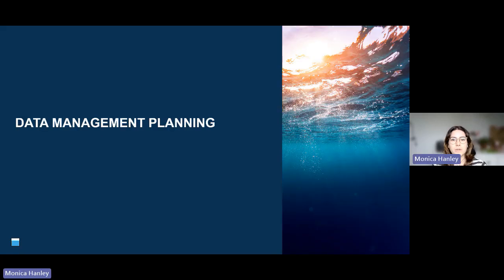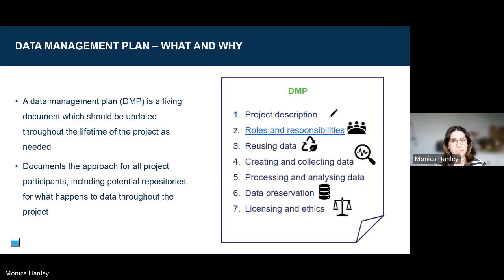So now I'm going to go into data management planning, what it actually is and why it's important. A data management plan is a living document which should be updated throughout the lifetime of a project as it's needed. Things often change throughout a project, and the data sets initially planned may not all be generated for whatever reason. Extra data sets may end up being generated, or funding may run out before all the data sets can be analyzed or worked up. The data management plan should always be revisited and amended to reflect any of these scenarios as they crop up